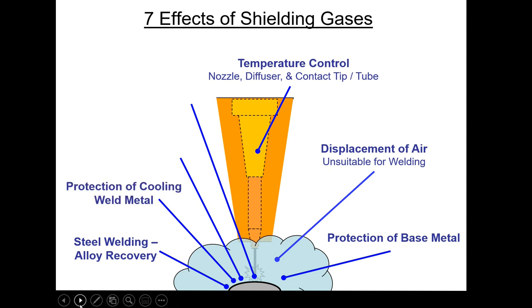Protection of the cooling of the weld metal. This is important to have trailing gas protection. If you push a gun way, way too hard, this is where you're going to get bit. Because if you push it too hard, especially when you're welding at speed, around 50, 60 inches a minute on a robotic application, you're going to have a problem having gas coverage in the back. So I always tell people, don't push, don't pull, go straight on,